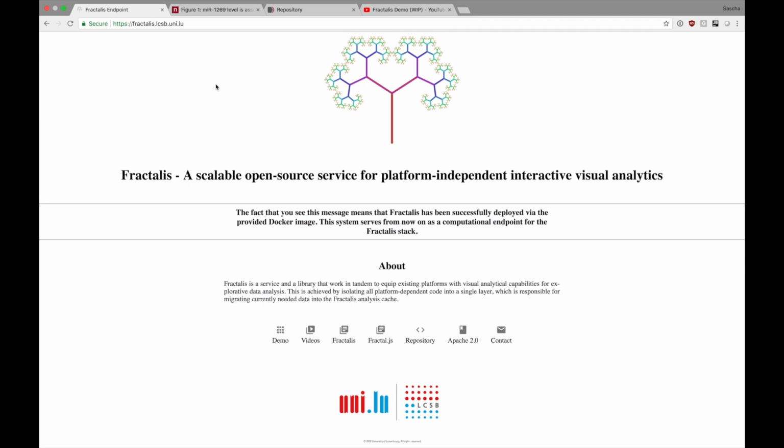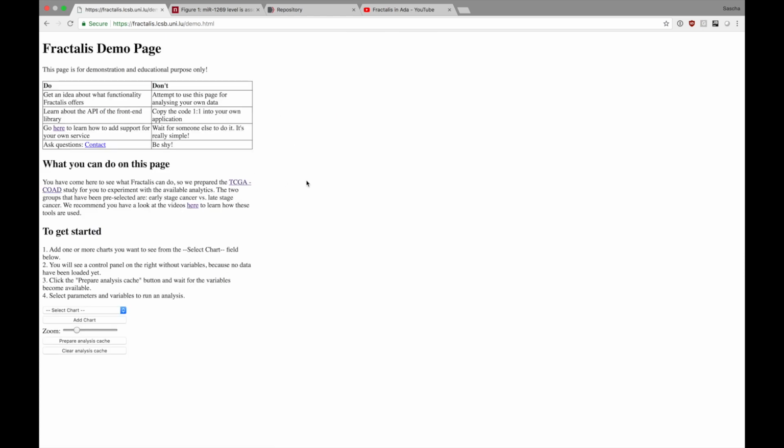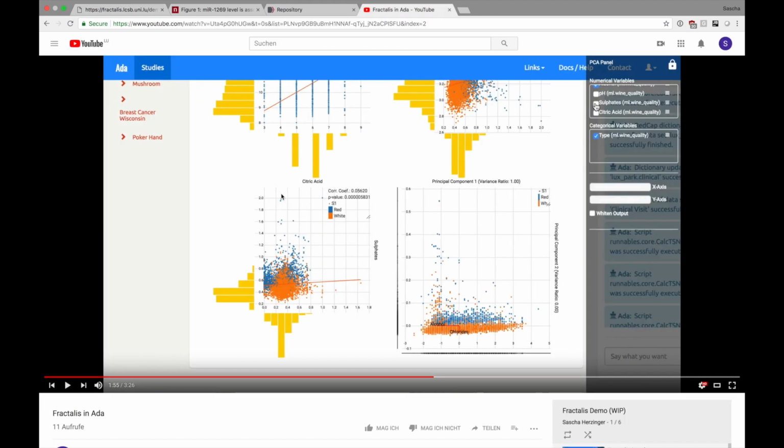So let's begin. We go to the webpage fractalis.lcsb.uni.lu. We press on demo. On this webpage you can see not much. You see some description here. You see a couple of controls. What is very important to understand is that Fractalis is a library. Fractalis is not a user interface, nor is it a standalone service. So usually Fractalis would be, as you can see in this video,